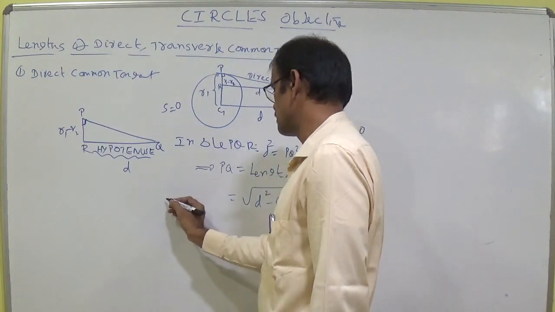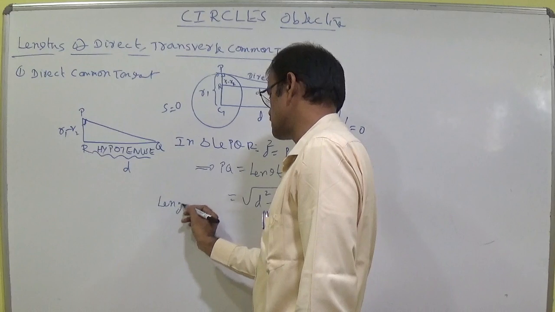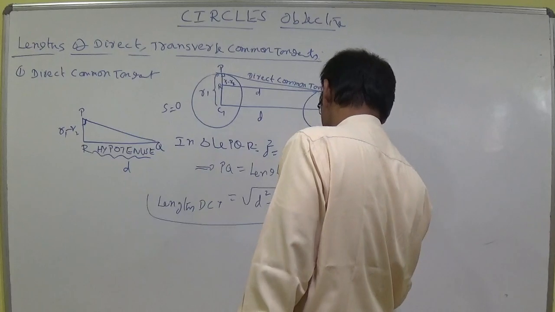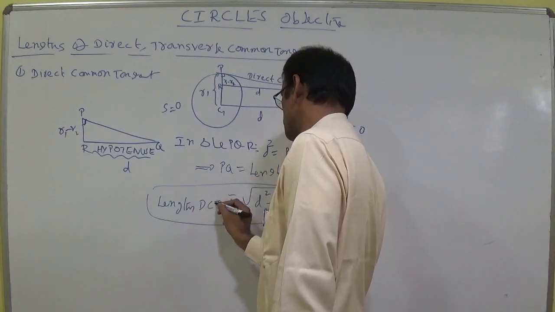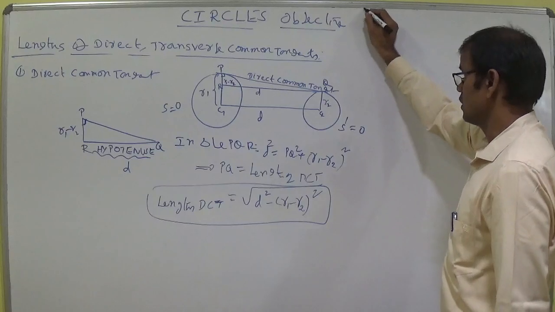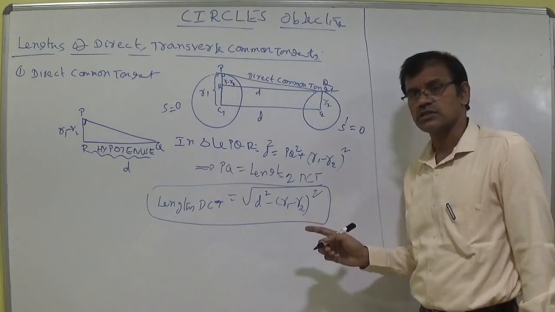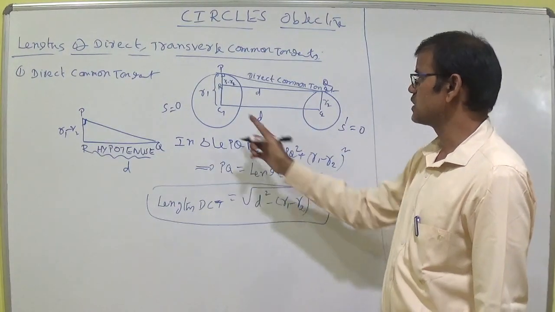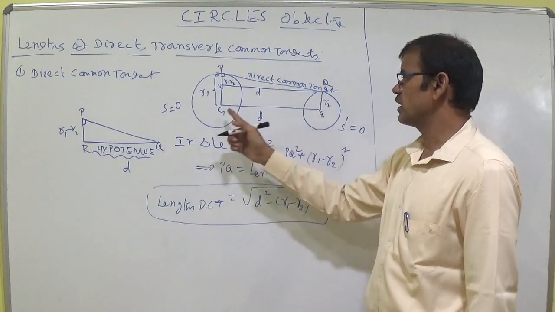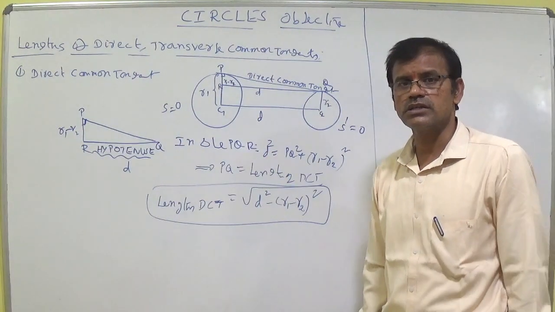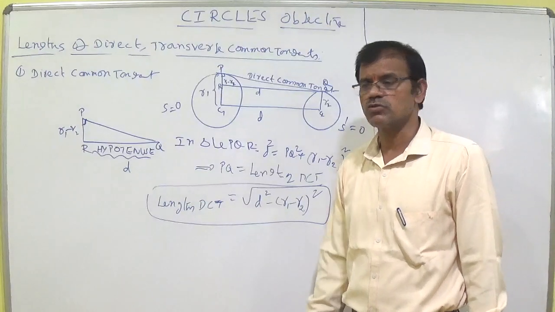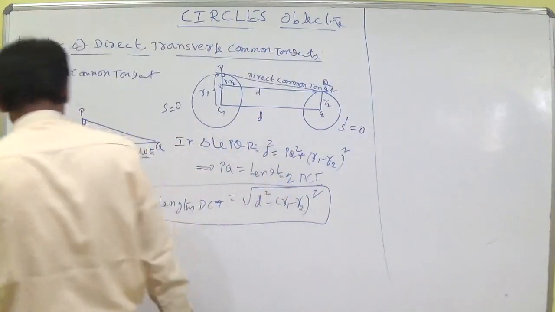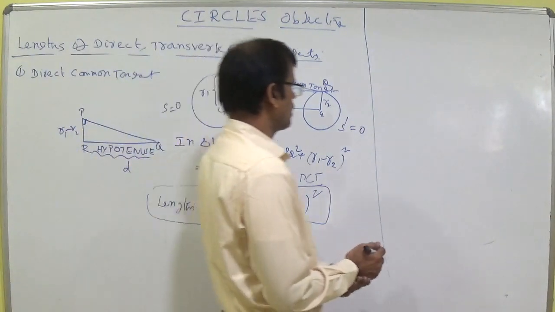Students, don't forget it, the length of DCT. This is useful. In Mains also it is given. Of course, it is not in Advanced. For MSET it is okay, but in Mains also the question is asked. Not the proof, students. He did not ask about the proof, but some will be given in the way that C1 and C2 are given. Whenever C1, C2 are given, you can easily calculate the distance between the two points. Later, when R1 and R2 are also given, you can say directly that the square root of D square minus R1 minus R2 whole square is equal to the direct common tangent.